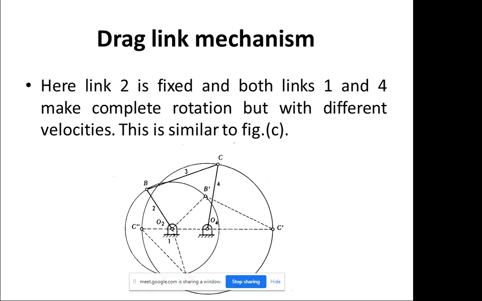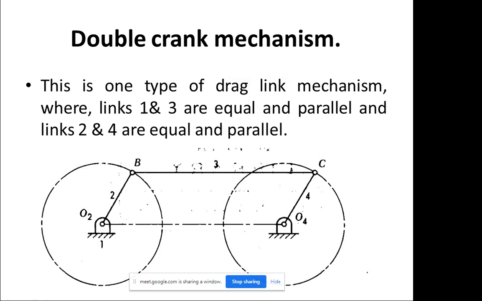You can see O2, O4 is now at the bottom, and in this case you can see the motion for the entire rotation. B becomes B dash here, and also up to here. So this is having the entire rotation, and the point C moves up to C dash, and also up to C dash, C double dash, so the entire rotation. If this is going to oscillate and this is also going to oscillate in the entire motion, I will show you the animation after this, so you will understand more clearly. Then this is known as a double crank mechanism.